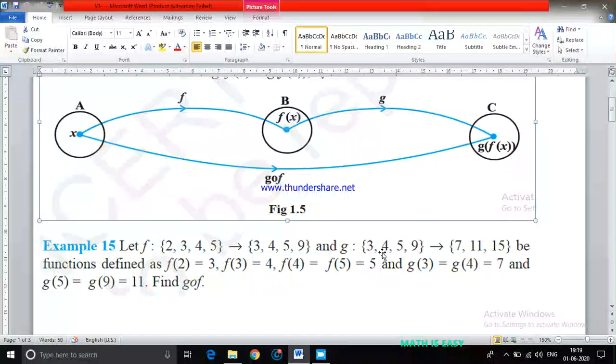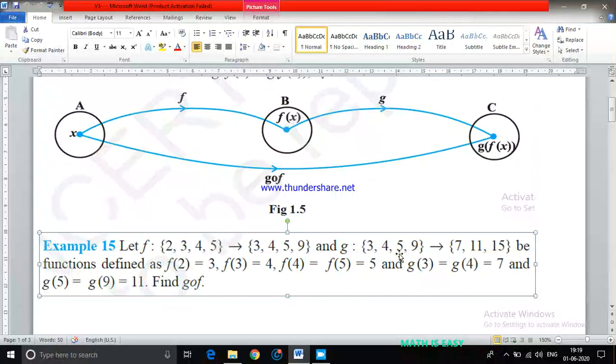See here, one important thing you have to remember. The range of the f function must be the same as the domain of the g function. Then only I can define gof. Otherwise you cannot define it. Here this codomain has more elements because the range is a subset of the codomain. There are some elements in this set which, for some function, may not be mapped from here to here. But when I take the domain of g as 3, 4, 5, 9, I consider those elements which are mapped here. Those which are not mapped in this set, you can exclude.